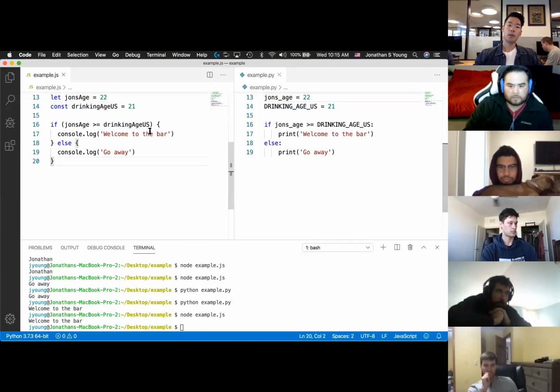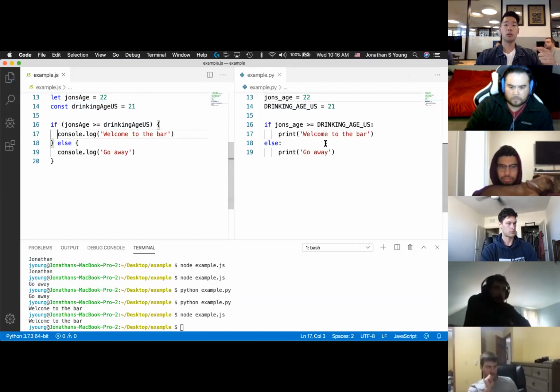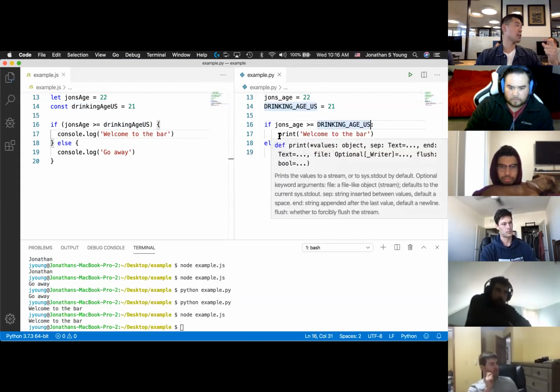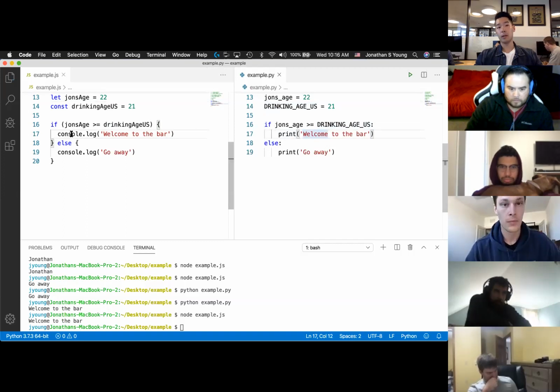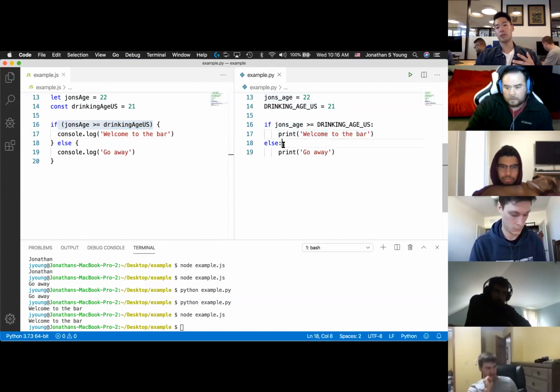The thing with JavaScript is that I can squish this all into one line if I want to. As long as my curly braces are good, then it'll execute the way that I expect it to. Python is not like that. You need to have the colon and you need to have proper indentation. It will not run without that. So it's very simple. I don't have the curly braces. I mean, I don't have the parentheses here, so I can just write my if statement and then colon, and then the thing that you're going to execute. Otherwise, colon, print go away. I just have fewer things.